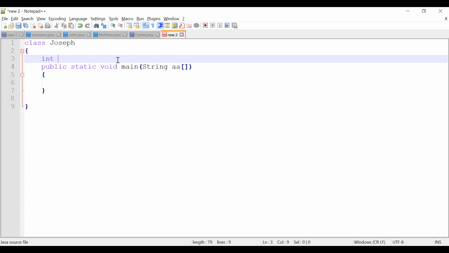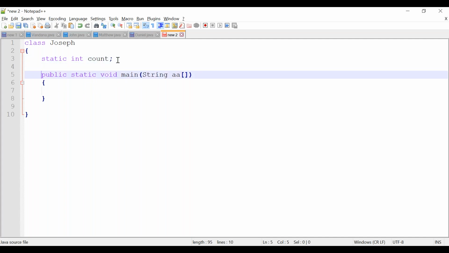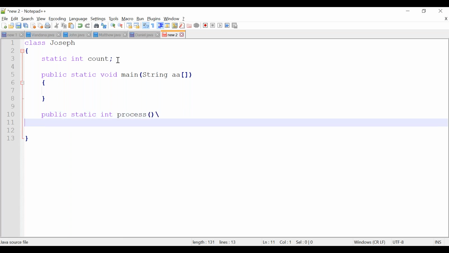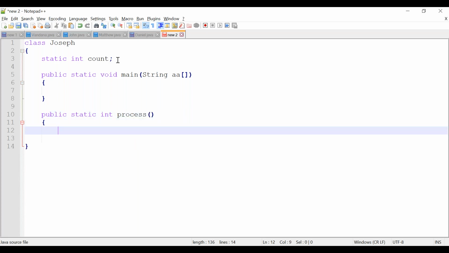Let it be count only. Static int count. I'm trying to declare one variable, and one more method, public static int, let it be the process method only. It is not taking any arguments.